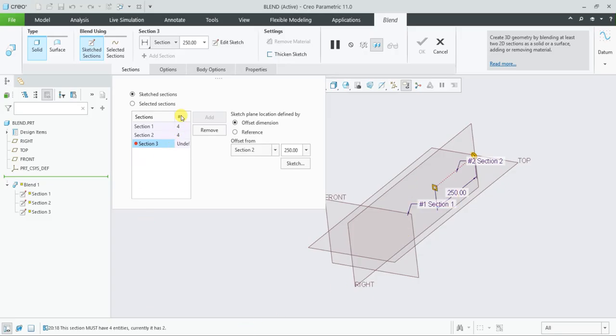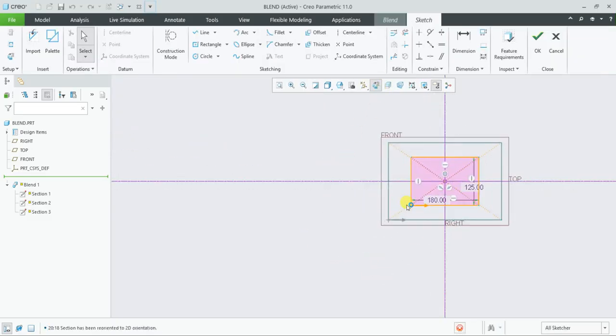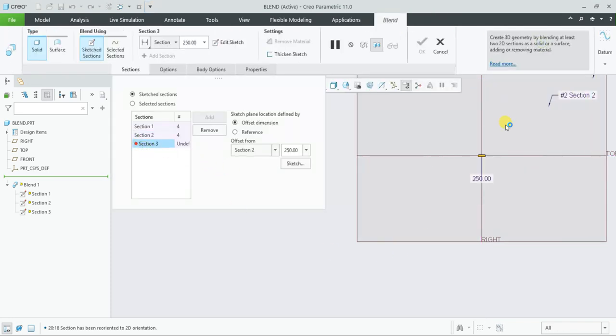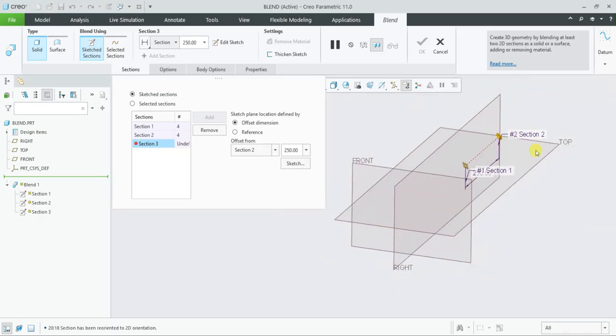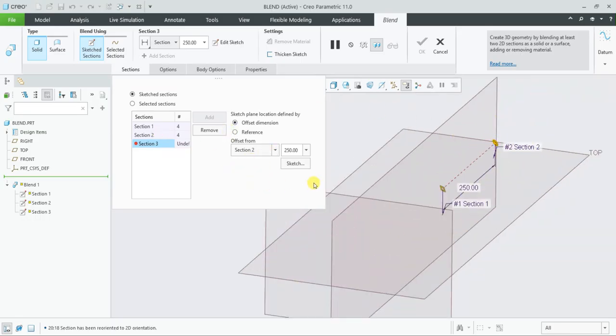You can see these entities are 4, 4, and undefined. In the rectangle, there are 4 points, 4 corners: 1, 2, 3, and 4. And the circle is not defined. It has only a single point, that is the center. We need to divide that